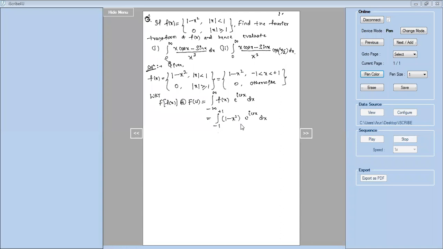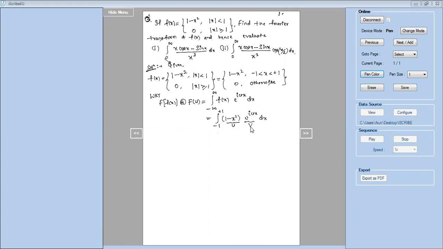See, according to the ILATE principle, I for inverse, L for logarithmic, A for algebraic, T for trigonometric, E for exponential. See, E exponential comes at the end. So this is an exponential function, so you should assume this as v according to ILATE. So I'll take this as v, and once you take this as v, the other one will be u. So select u and v like this and apply your Bernoulli's rule.